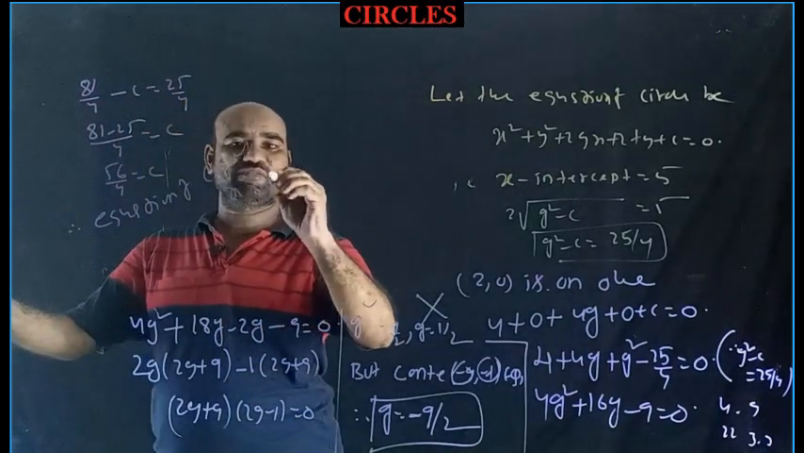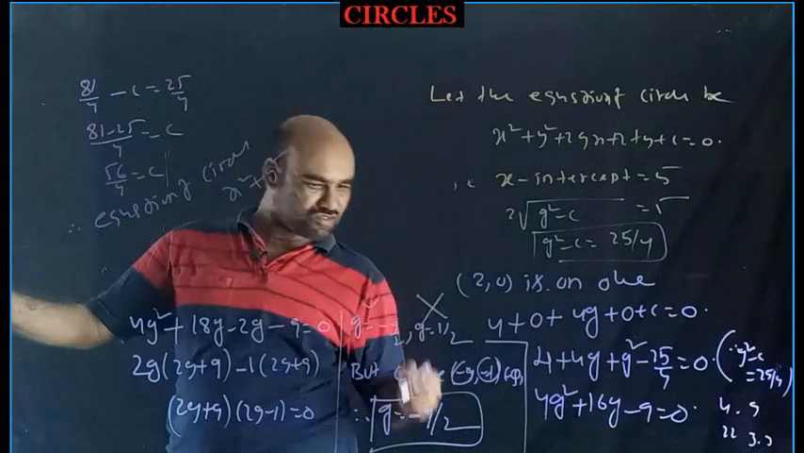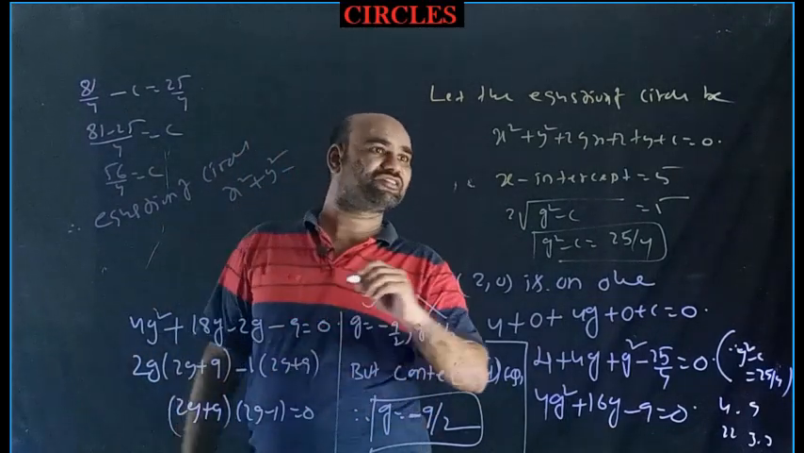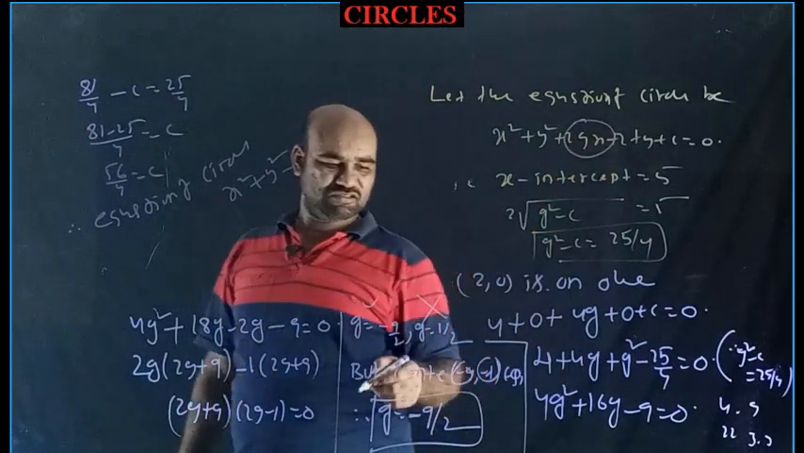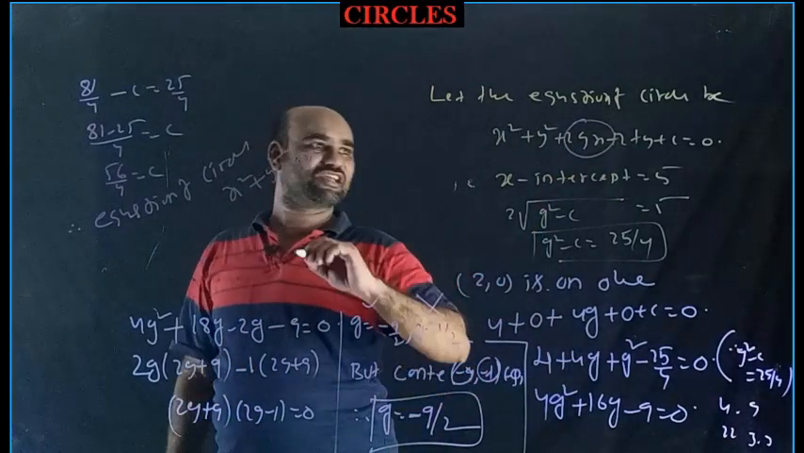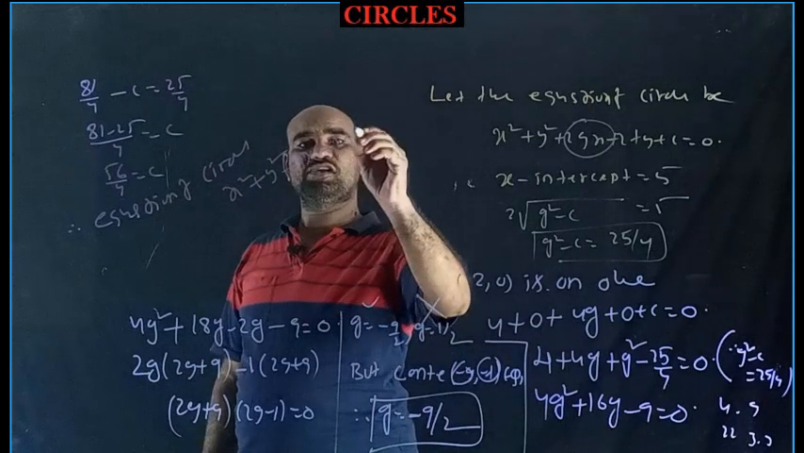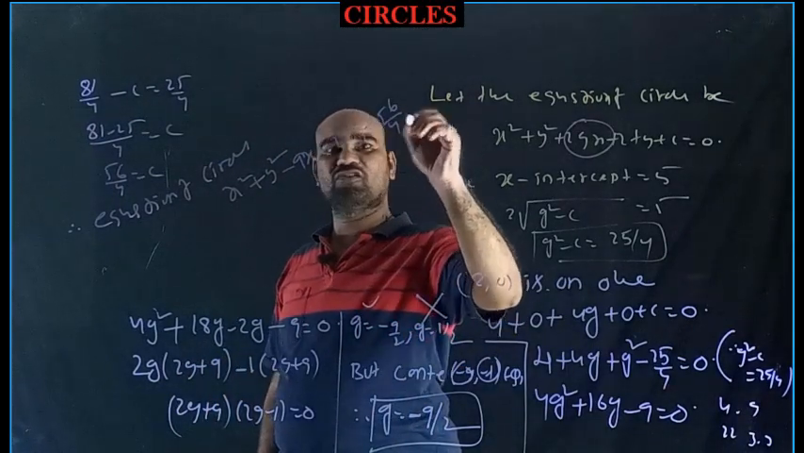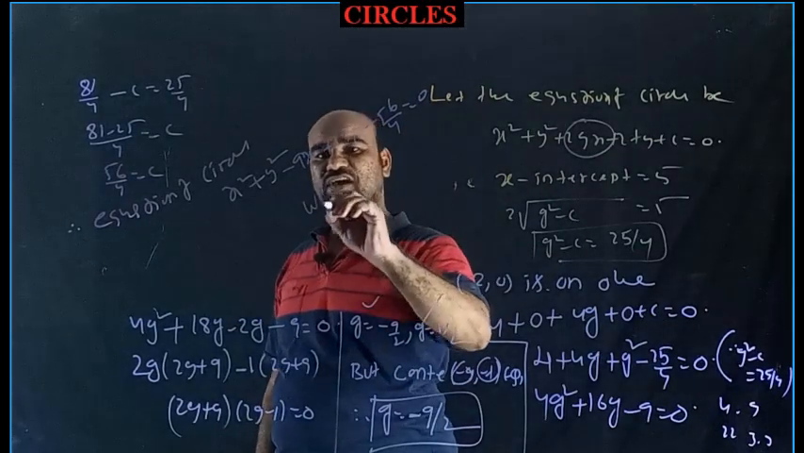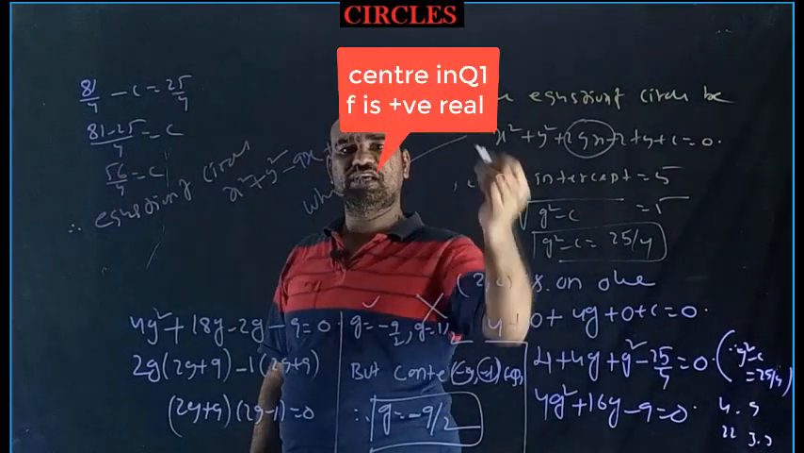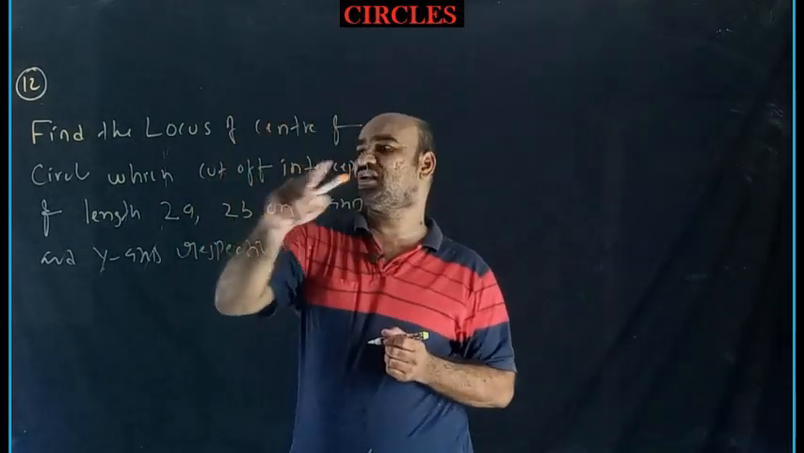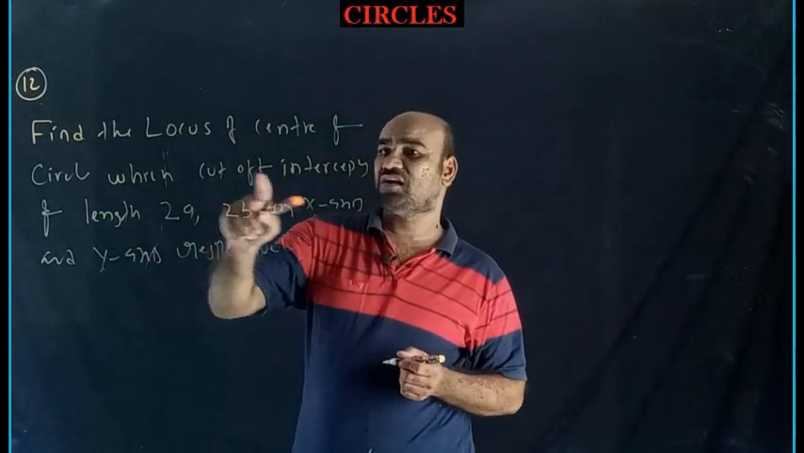x square plus y square minus 9x plus 2fy plus 56 by 4 equal to 0, where f belongs to any real number. Okay, students, our 12th problem: find the locus of the center of a circle which cuts off intercepts of